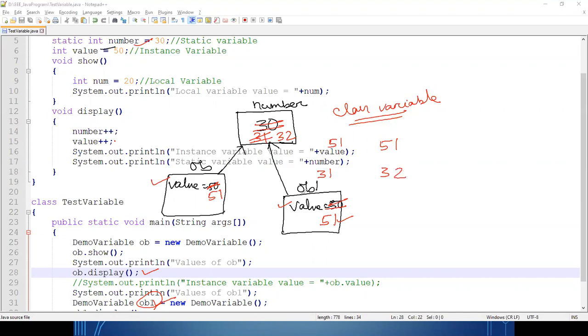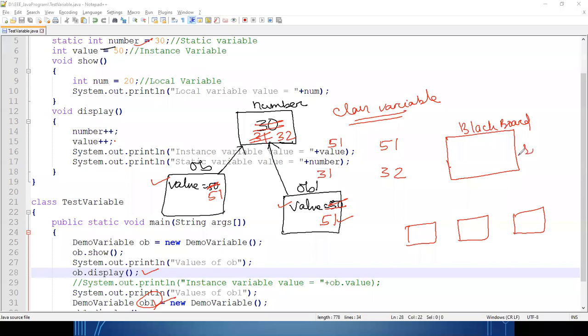Clear? To get an overall idea, suppose we are conducting an offline class. This is my blackboard, where I am writing. You are individually available inside the class. Now this you can say is the static variable.